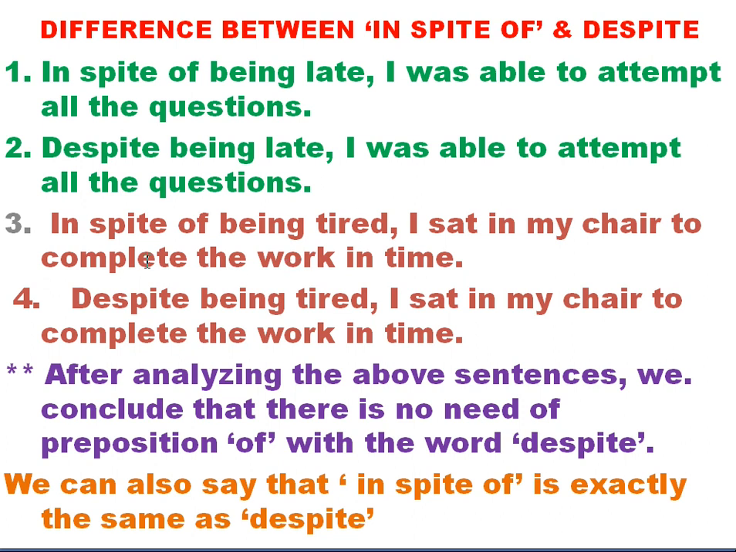And in second set of sentence, that is serial number 3 and 4, although the person was tired, he sat in his chair to complete the work in time. The speaker says in spite of being tired. So though the speaker was tired, he sat in his chair to complete the work in time. Exactly the same meaning in the fourth sentence. So on the basis of these two sets of sentences, we can very well conclude